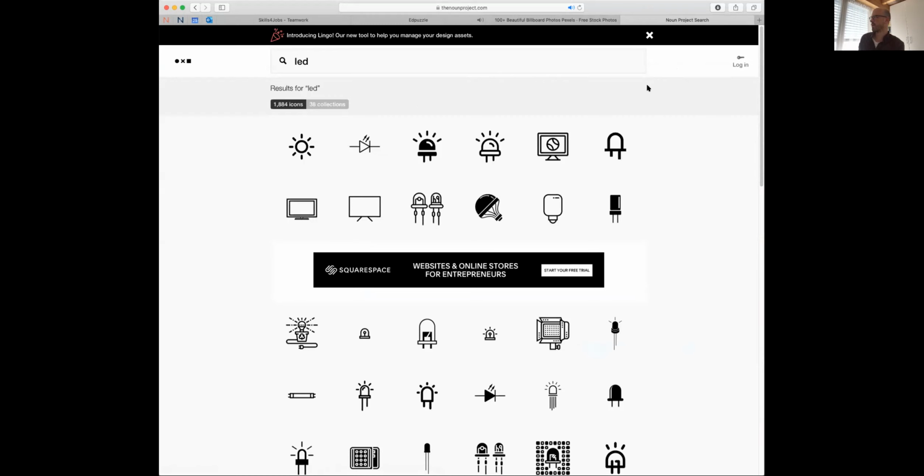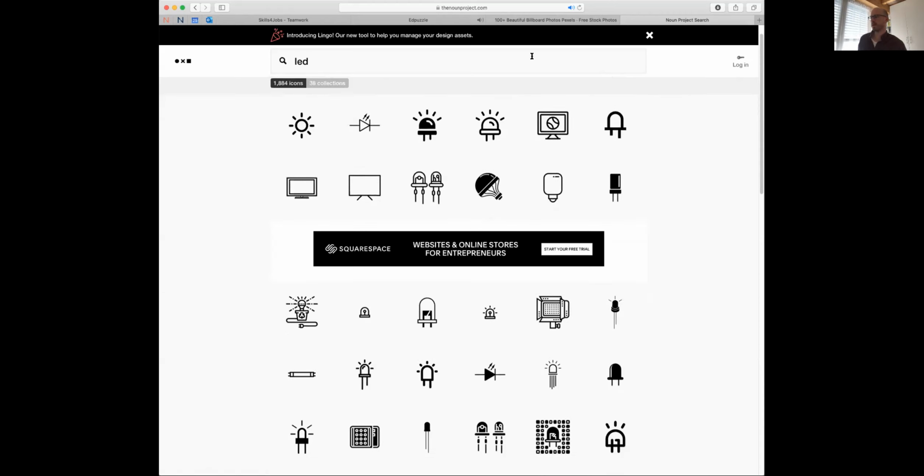But the Noun Project is a huge database of icons. So in case you need icons, you can use them for free if you credit the designer who did it. You just have to write down the name somewhere. Otherwise, you can create an account as well. I think it's not too expensive, and you get millions of icons that you can use